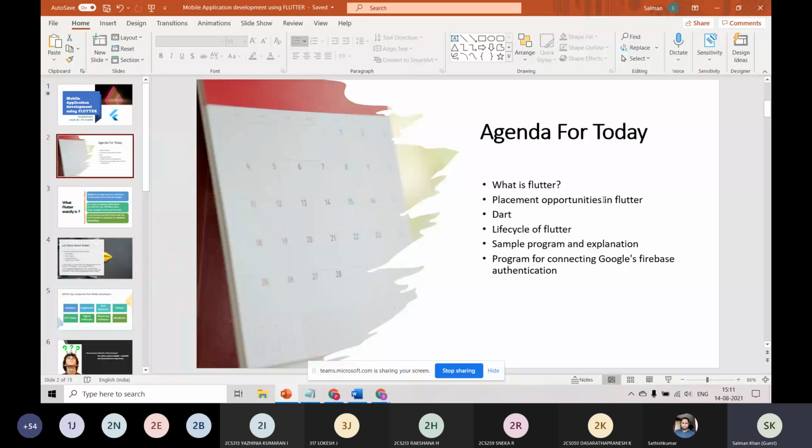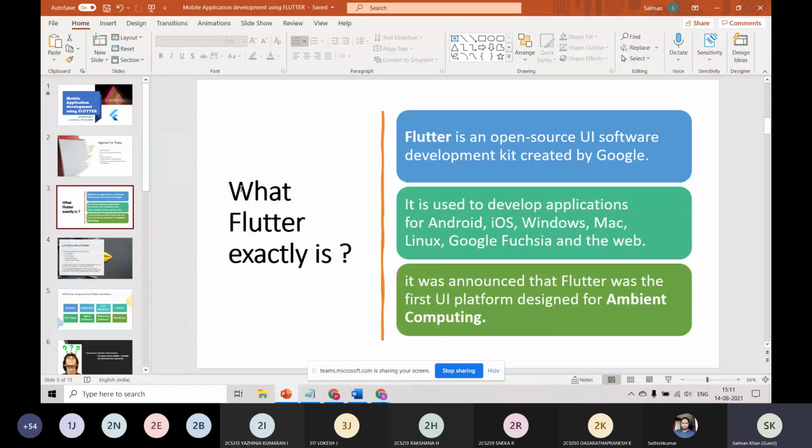Okay, so first of all, why do we need Flutter? Flutter is a front end toolkit, because there are more languages like Java and Swift for native mobile application development.